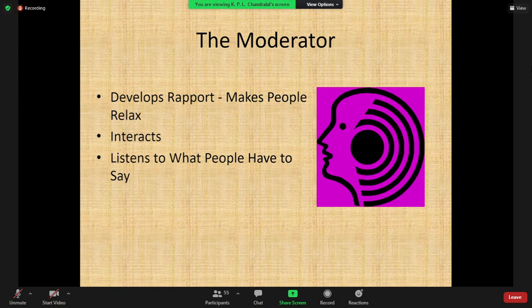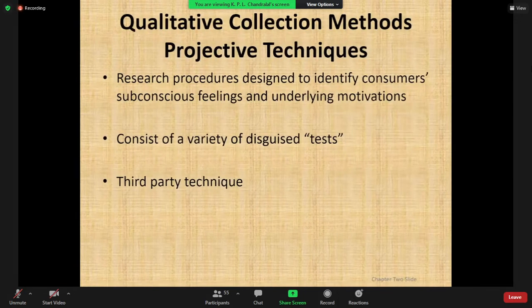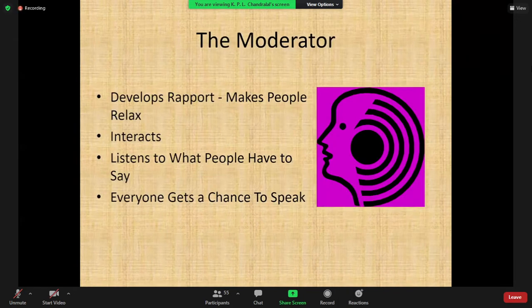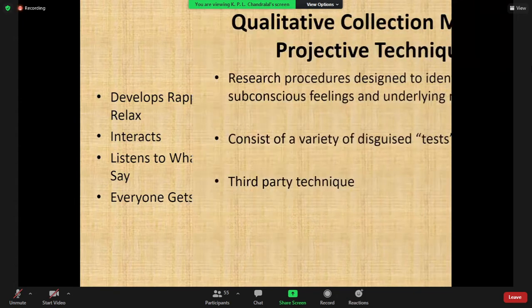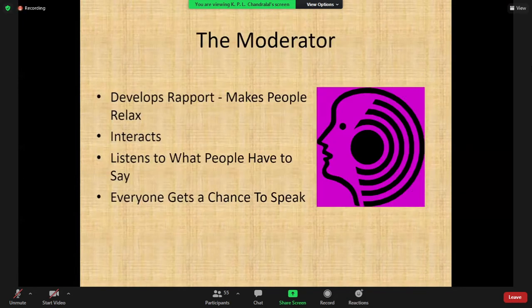again it has come to politics, because we like to talk politics. Sri Lanka is a highly politicized society. So as a moderator, you need to take the discussion back to the topic. Likewise, from time to time you need to intervene, but in most cases you have to make sure that people have time to talk, so everyone gets a chance to speak. The moderator has a very important role. So that is focus group discussion,